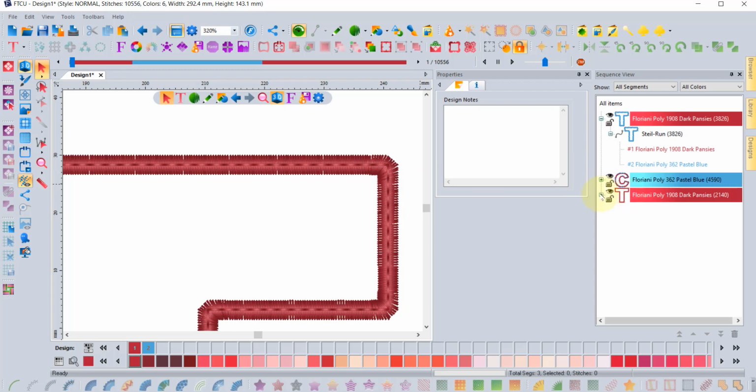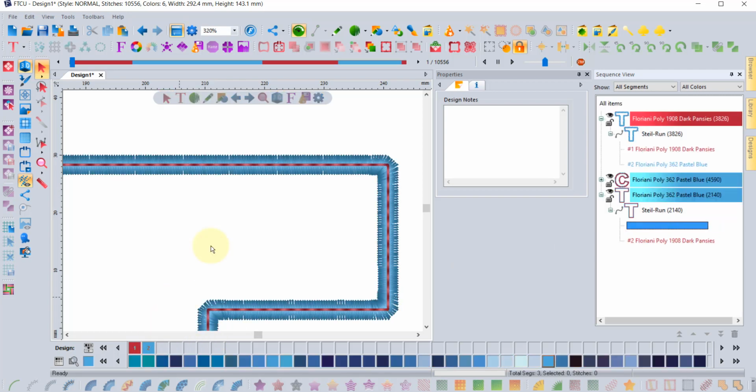Notice if I find in my sequence bar that letter T, and if I expand beside the letter T, I can see that it's a Steil Run, and it has two colors. If you want to have different colors, go ahead and click on one of those colors, and click on a new color on your color palette to change it. So you can see here that I've got a blue Steil stitch sewing first,